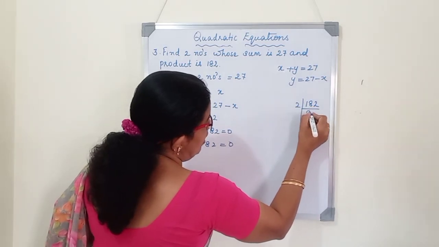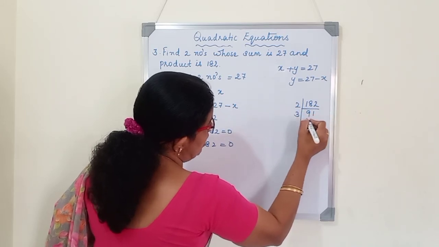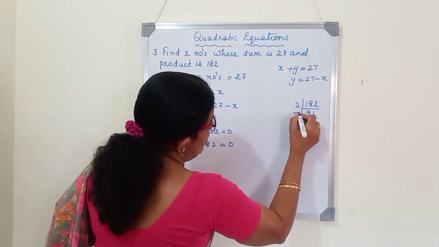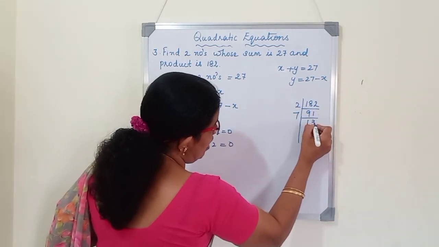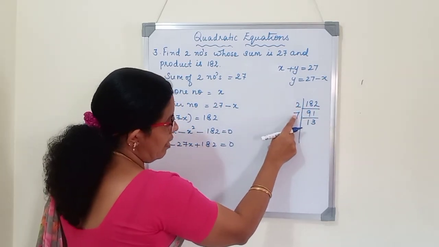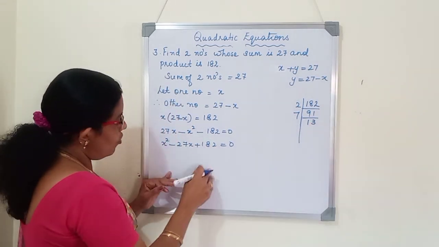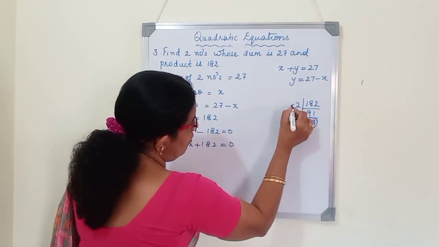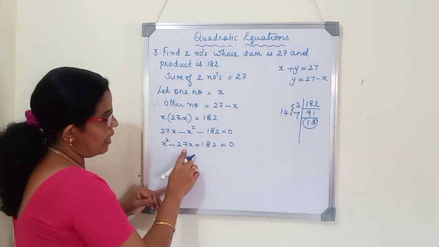2 9s are 18, 2 1s are 2. Now we'll see, 7 1s are 7, 21, 7 3s are 21. So we want to get minus 27. So 13 is one number, 7 into 2 is 14, and 14 and 13 when we add, we will get 27,